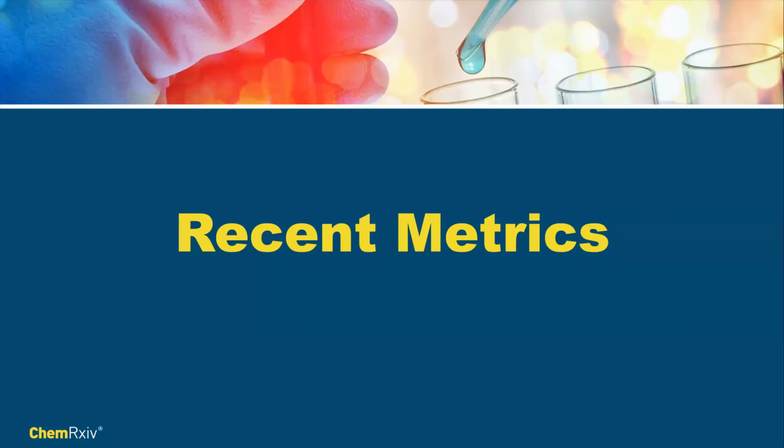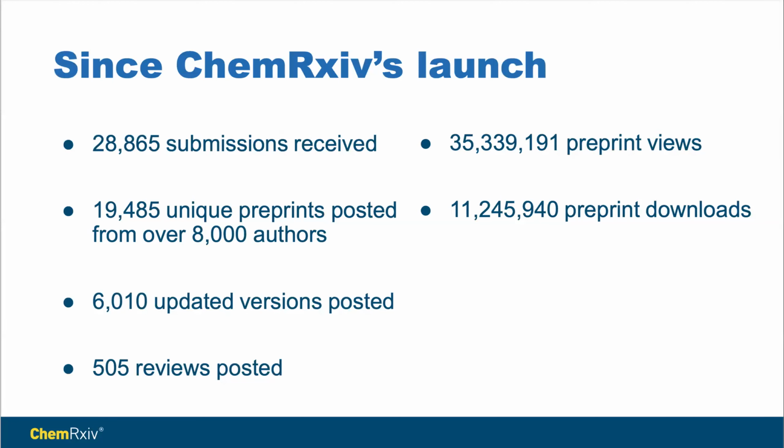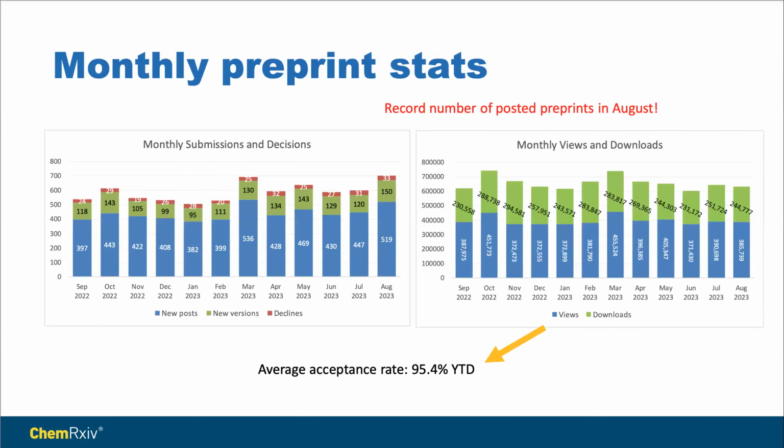First, some metrics. So you can see ChemRxiv has meanwhile really been accepted by chemists who were reluctant posting preprints. There are 28,000 submissions with a lot of preprint reviews. You can see there's really a lot of traffic with these preprints. You can see that in August this year, there was a new record with monthly submissions. And you can see also the average acceptance rate, which is 95% something. So almost every paper that has sort of a quality and is not just a garbage paper or a fun paper is getting accepted.